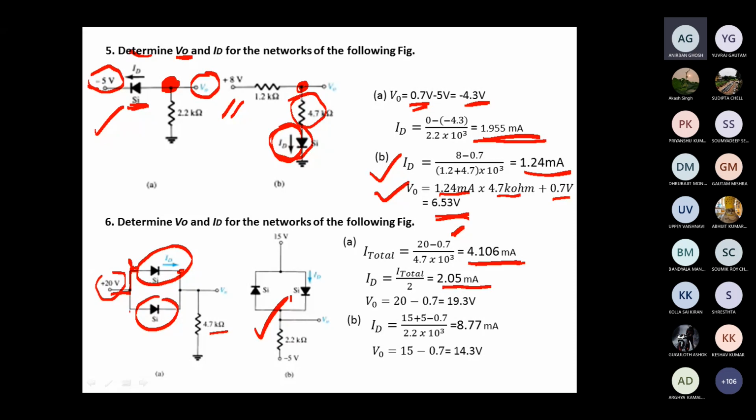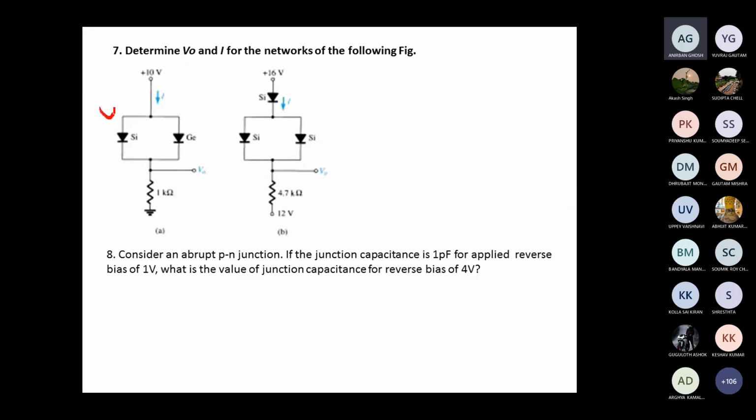Because this is what voltage? 15 volt across. Okay. As you told about silicon and germanium, I think you are talking about this problem. Sir, here current will flow through the germanium, because germanium has a low barrier potential, so current will flow this way. So sir, there is no role of the silicon diode. Yes, there is no role of the silicon diode.